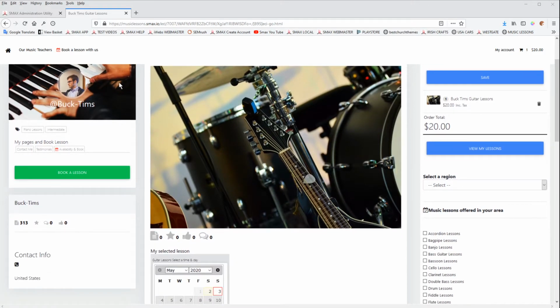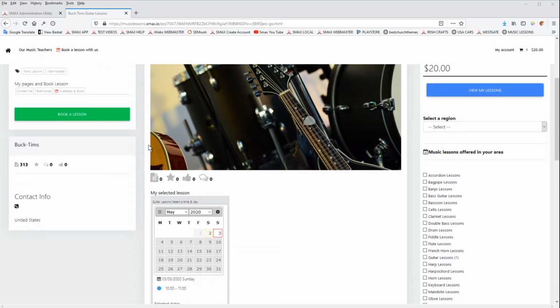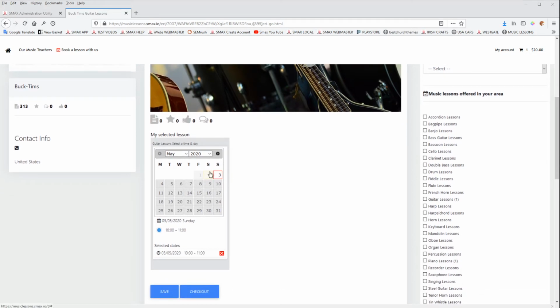So each of the contributors, each of the teachers on this particular directory system, will add their own times when they're available, and their own prices and their own methods of payment, and they will set what days they're free, what days they're not free, what instruments they teach, and you can book a time online, and you can search for an instrument,